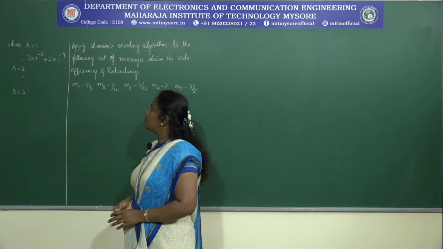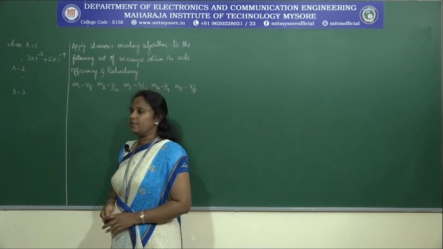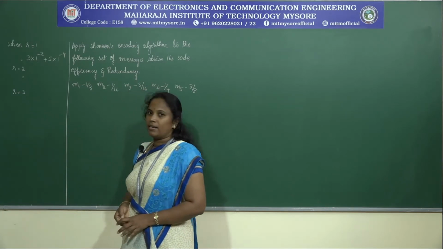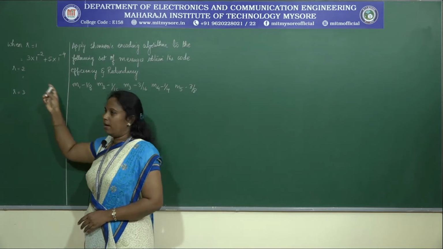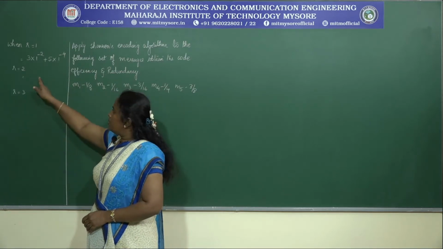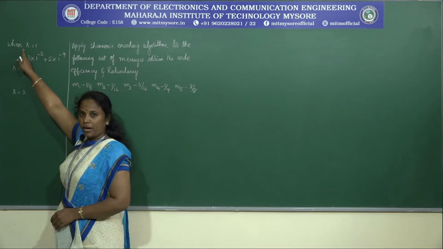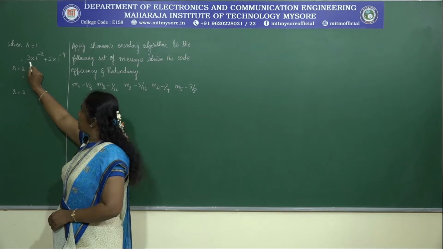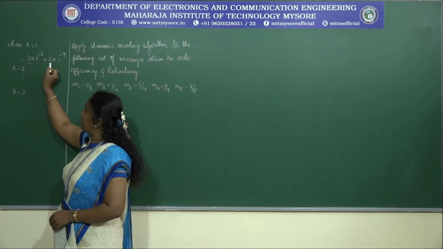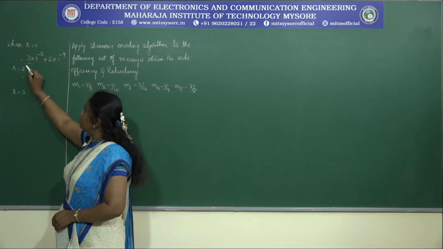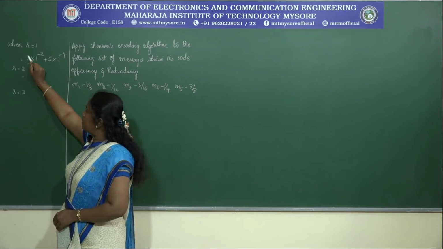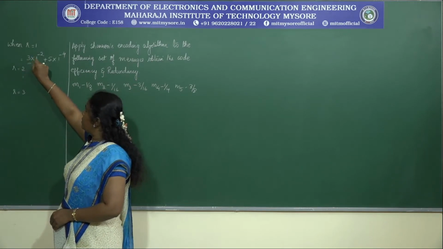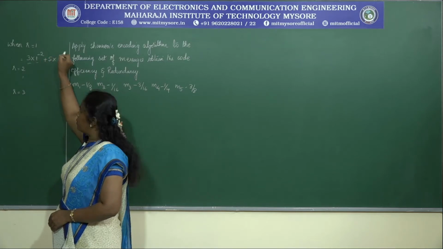Hello students. In the previous class, we were discussing a problem related to instantaneous code. There we had made a small error with respect to the problem. We need to find the value of R by the trial and error method, where we considered only the first value, that is the word length 3, and had not considered the value 5. So we need to consider the word length 3 multiplied by the R value, that is 1 to the power of minus 2 plus 5 into 1 to the power of minus 4.